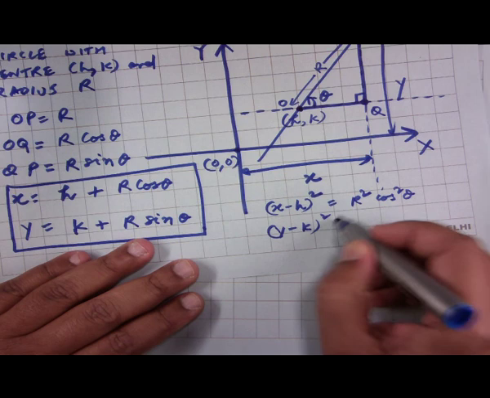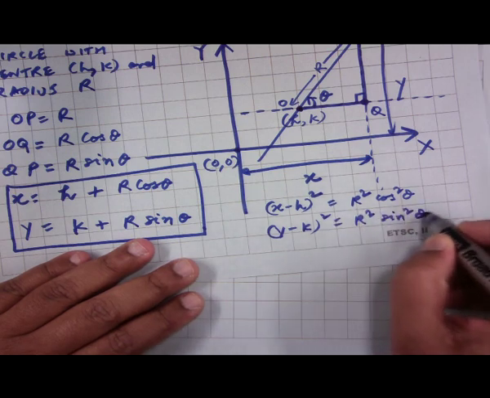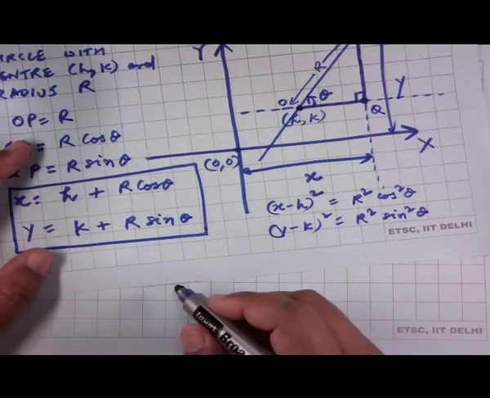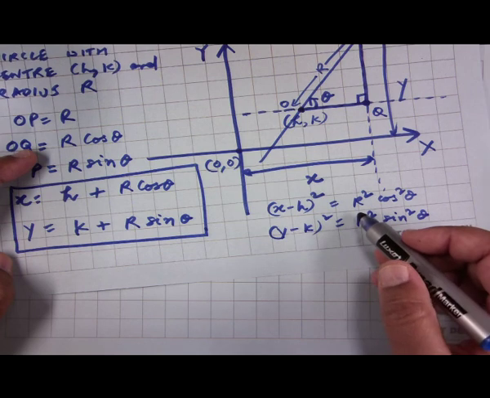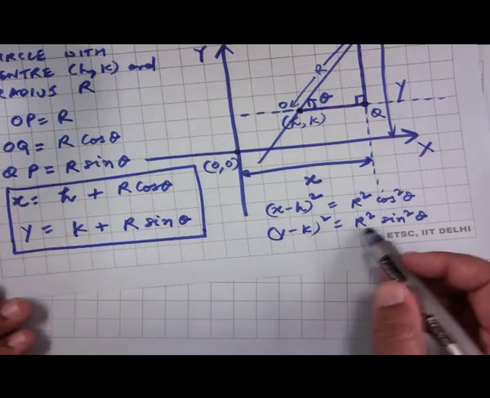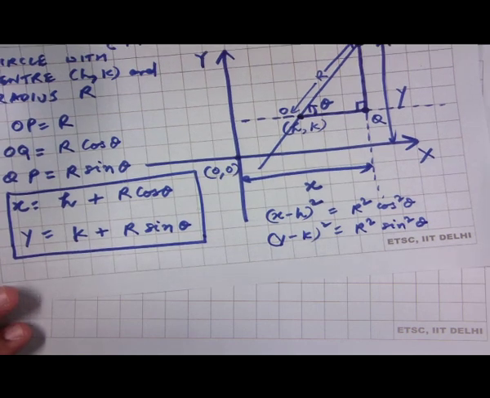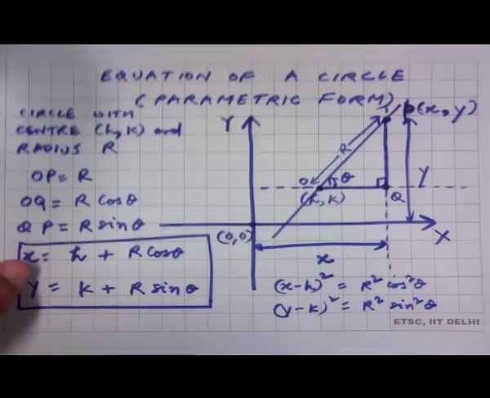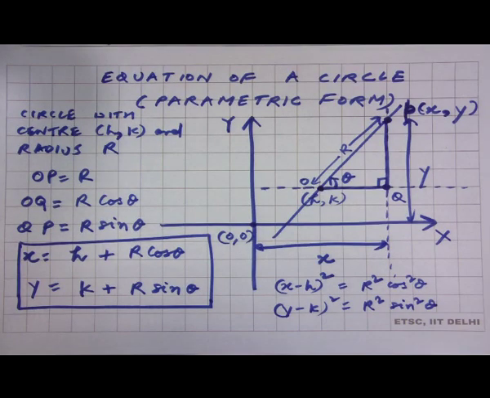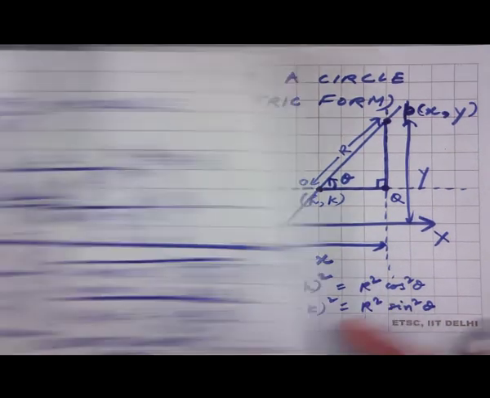Square of that is r square sin square theta. Now, if we add these two, then what we get is r square cos square theta plus r square sin square theta, which is nothing but r square, and which is nothing but the rule which we just saw when we were discussing the center radius form. So, if we add these two, we end up getting this,